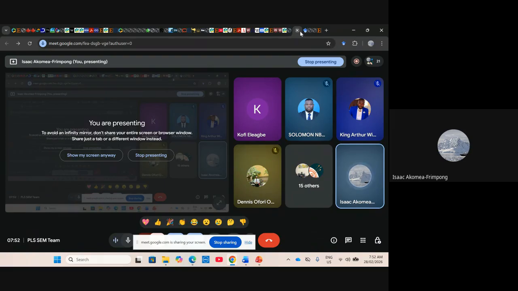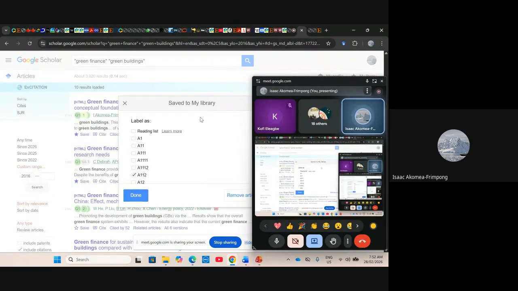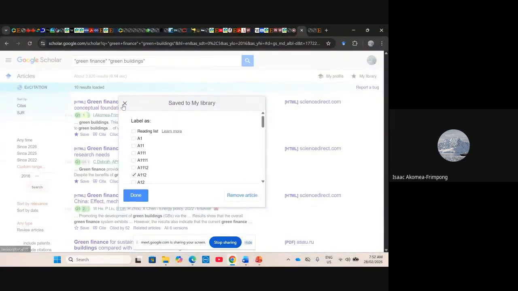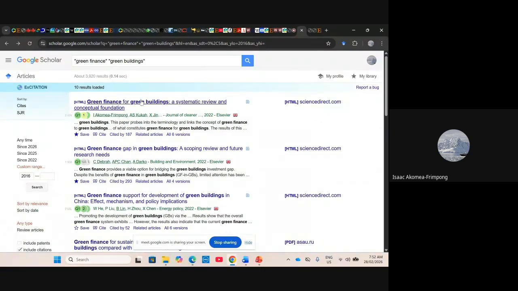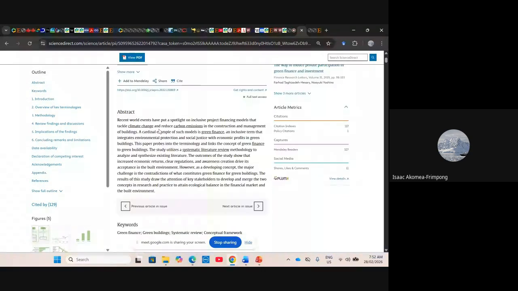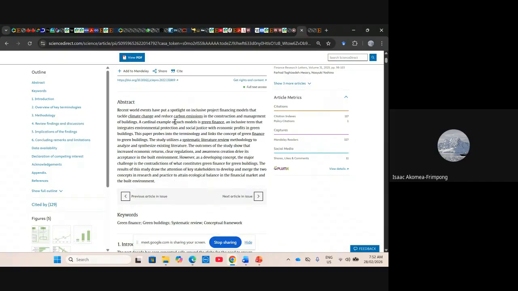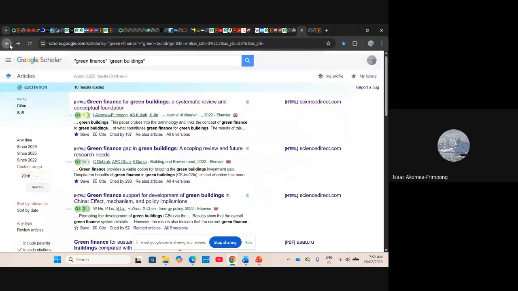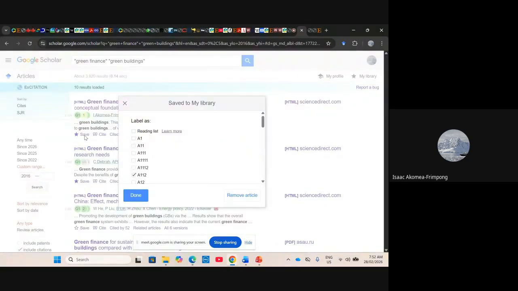Okay, so the next thing to do is that you need to save the search outcomes. And before you save the search outcomes, as I mentioned, try and at least read the abstract. So if I open this article, you read this abstract and you confirm that this paper will be relevant to what I'm researching into. So you read the abstract, okay, this paper is important, I want to save it. If you want to save it, you click on save,